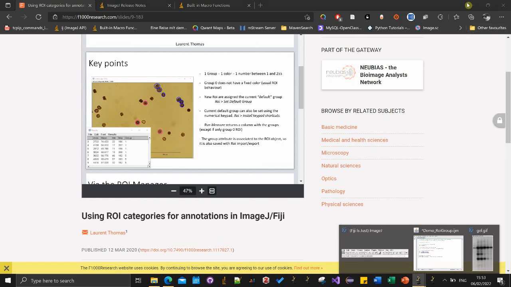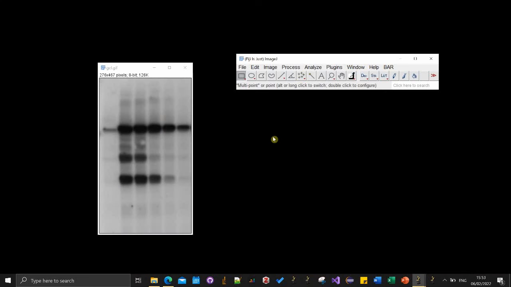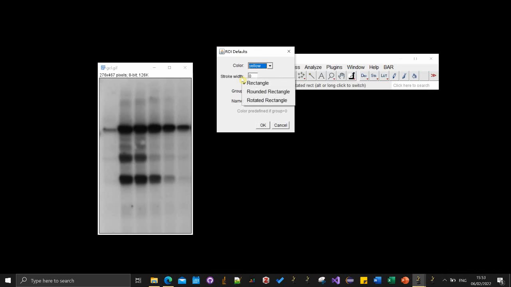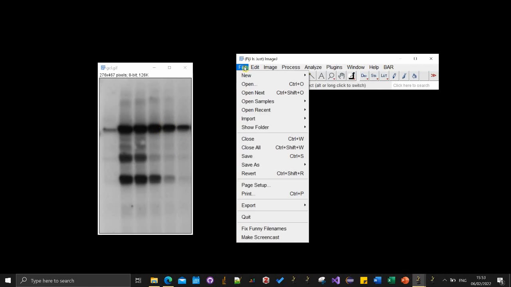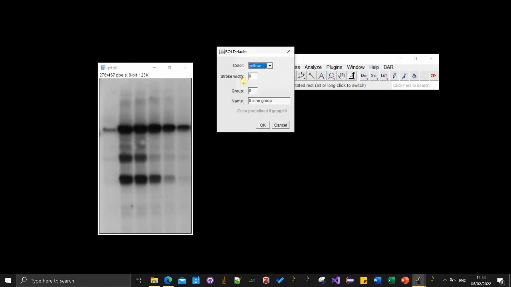Let me show you then in ImageJ how this is working. If you double click this rectangle icon, you see the usual settings from before, and from the version of ImageJ I was mentioning, you now get this extra line for group, and by default it's set to 0. But I can increase it. With 0 you just stay with a yellow region of interest. But then if you change this value,